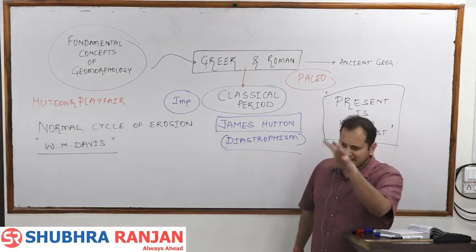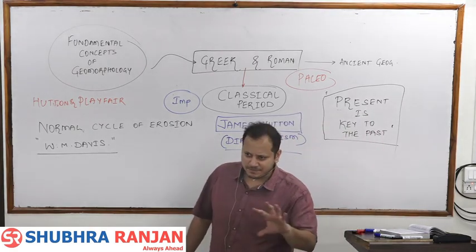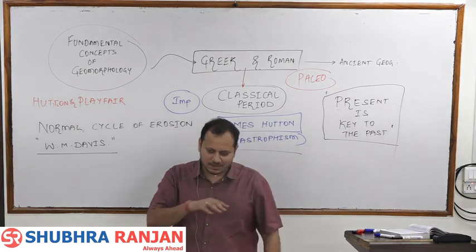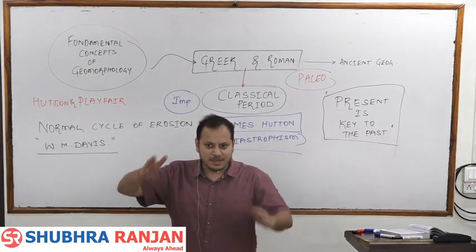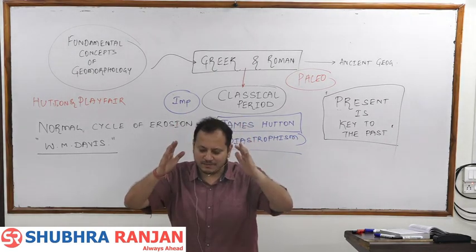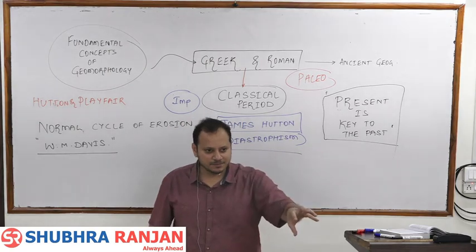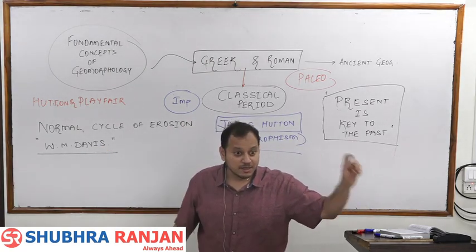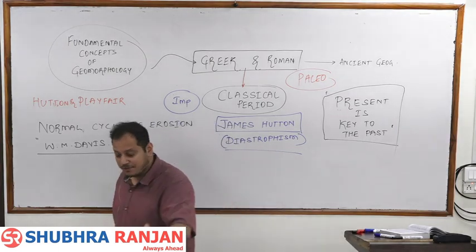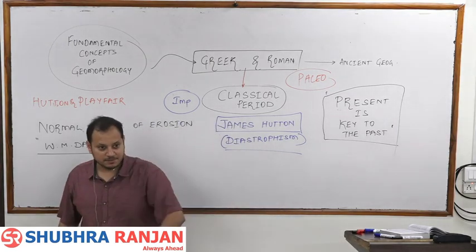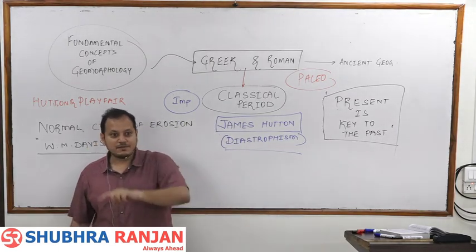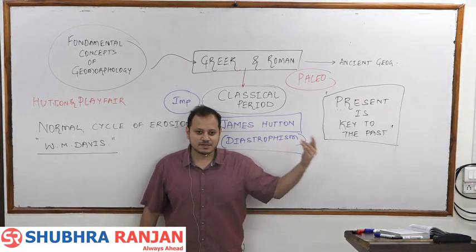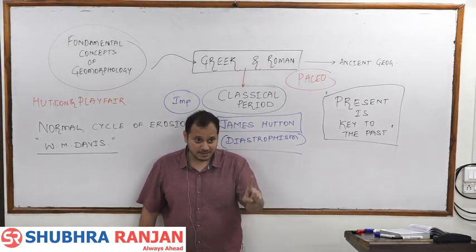Understand now. This was the year 1797 when Hutton came. When Hutton gave this concept, after that numerous geographers came, and geography as a science started developing in Germany and in North America. Means in Europe and in North America. In Europe, geography as a science started developing in Germany, and in Germany the development occurred of Penck. And in North America, geography as a science started developing in